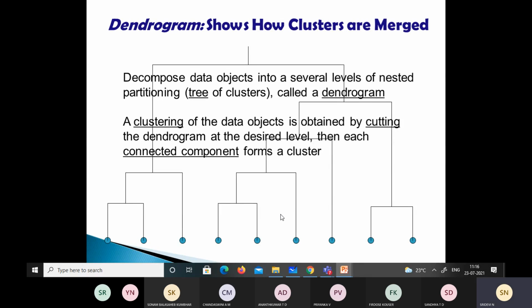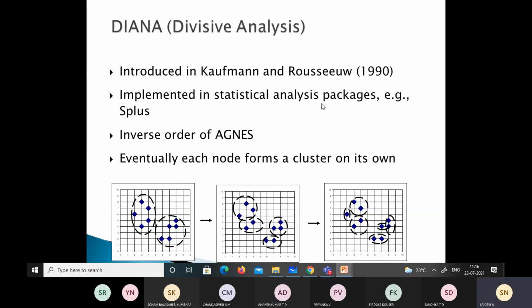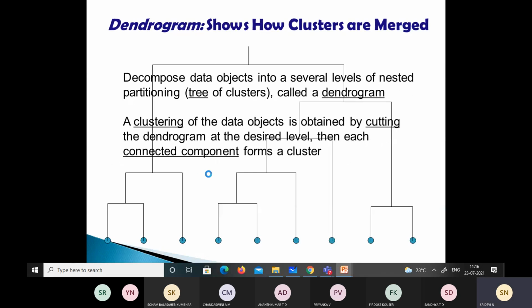In a divisive view, it shows how the data is split, whereas the dendrogram shows how it is merged.